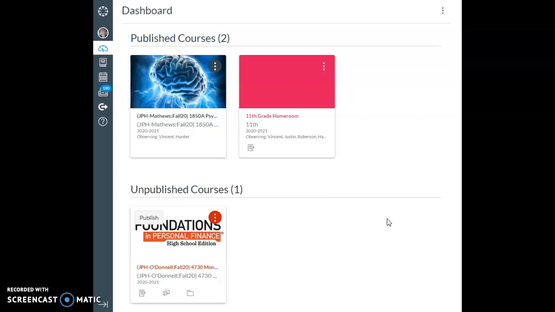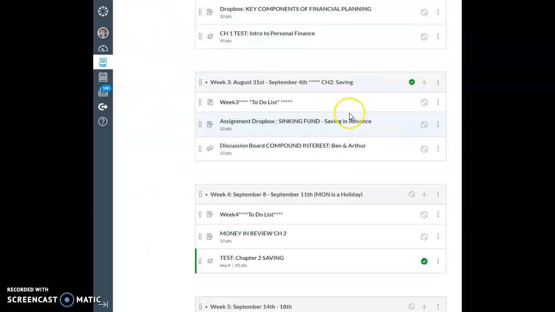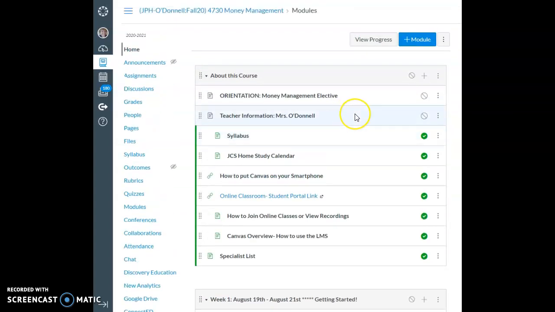Right now, if you log in, your dashboard, which is where I am right now, will probably look blank, okay? But when you open it up tomorrow, there will be a card like this for each one of your classes. And so what you do is you will click on the class. And I'm working on this class, so we're able to see quite a bit of it. The other classes are not going to be, even though I can see them, they won't show you as much